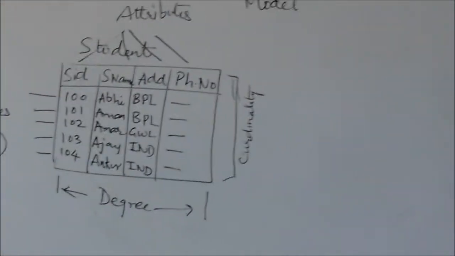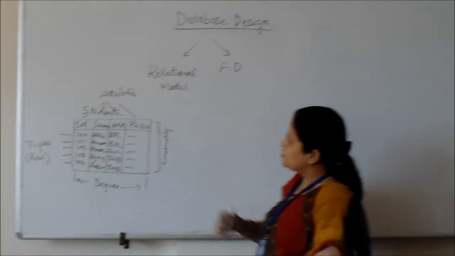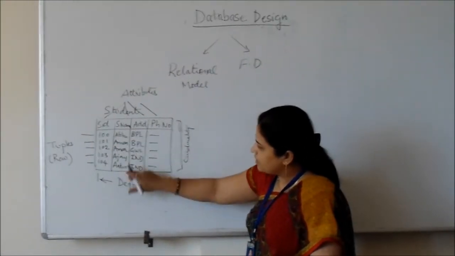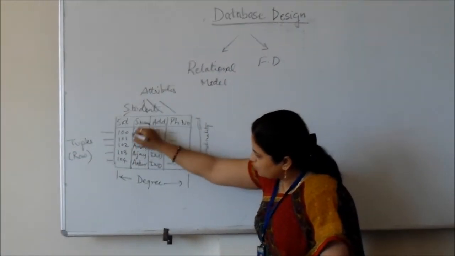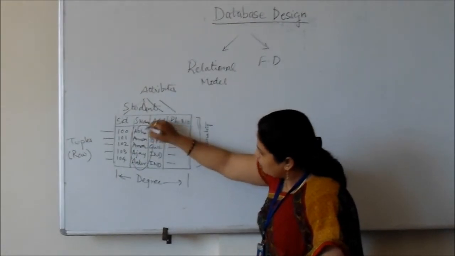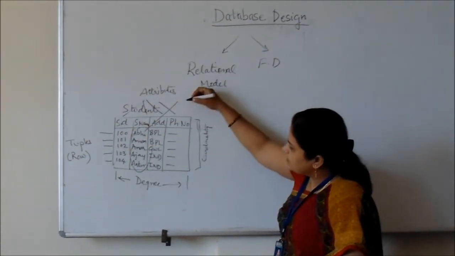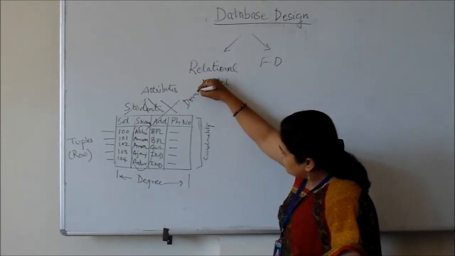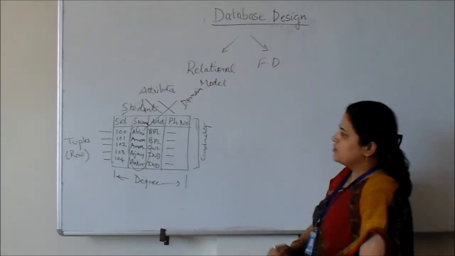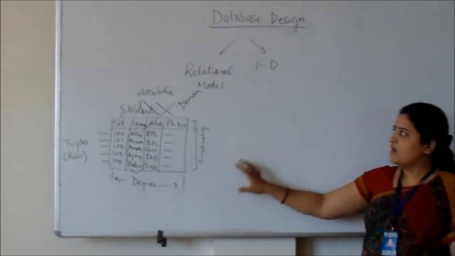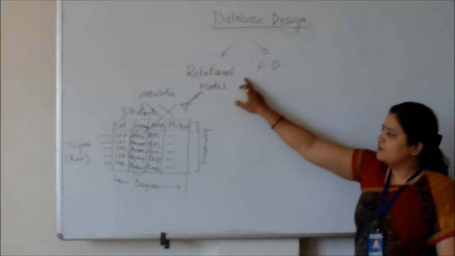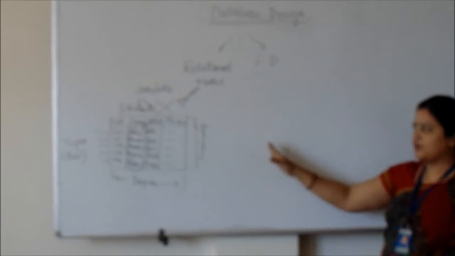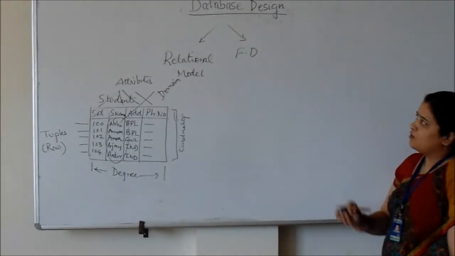So this is a relational model. Now suppose I want to identify the particular value of a student. This can be defined with the help of the values I populated inside this database. These values are known as domain values. So this is the design of database and we achieve this design with the help of the relationship among these different attributes of a relation. Now come to the point functional dependency.